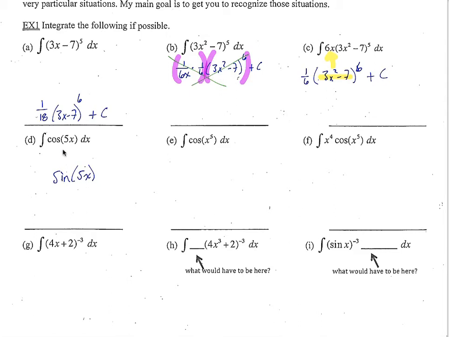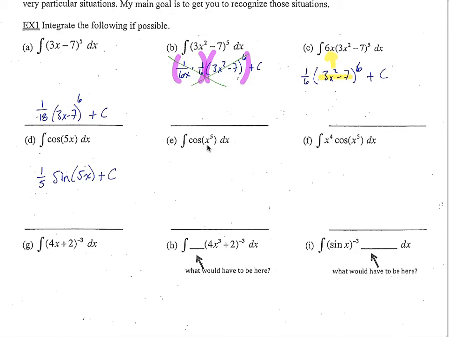We've got the antiderivative of the cosine, which is the sine. So this is going to be the sine of 5x. When we work this the opposite direction, take the derivative of this, we're going to end up with cosine 5x times the derivative of the inside function, which is going to be 5. So in anticipation of that, we put a 1/5 out in front. Right? So this is the antiderivative for cosine 5x. E,